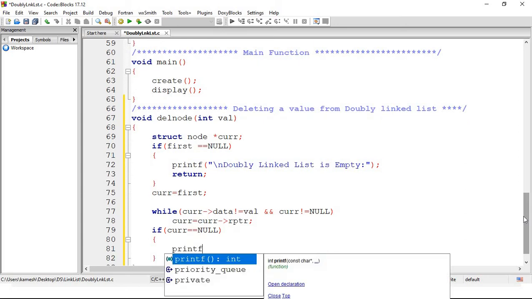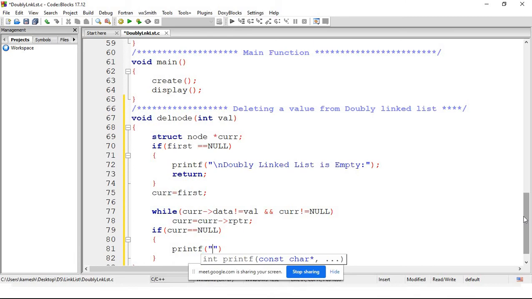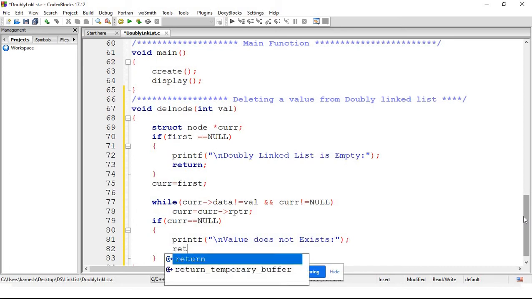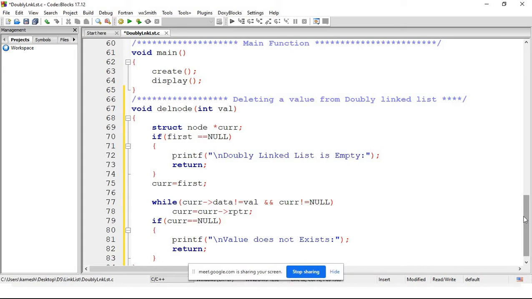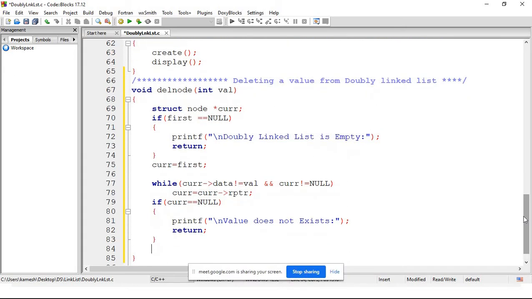So here we are just showing the message, \n value does not exist. And if the value does not exist, obviously we just have to come out from this function. Otherwise, if the system doesn't come out from this function, that means the value exists and the current pointer is pointing to that node which you need to delete.